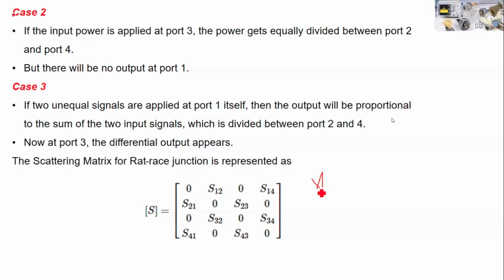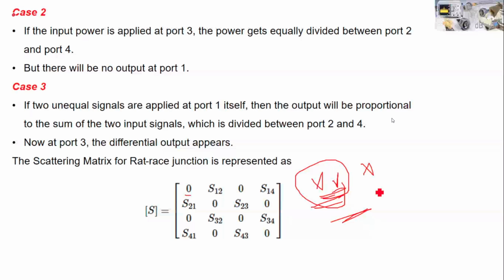Similar to the conditions, we have applied case 1, case 2, case 3. Based on that, we have replaced this matrix simply. No need for derivation, no need to find the values of S12, S14, because it will follow the same procedure. Same thing, we do not repeat. All these diagonal elements are 0, since all 4 ports are matched properly. So please remember this: wherever there is perfect matching, it is correspondingly replaced with 0. The rest of the other values are there, S12, S14, and so on. So this is the matrix. Generally this form of matrix is very much asked in your competitive examinations.